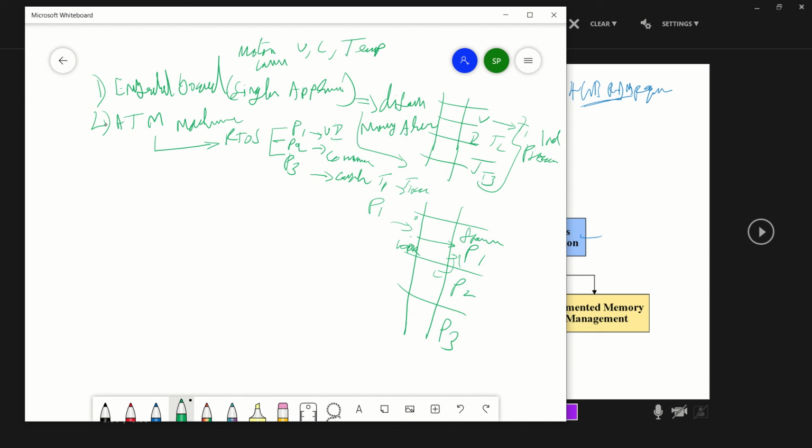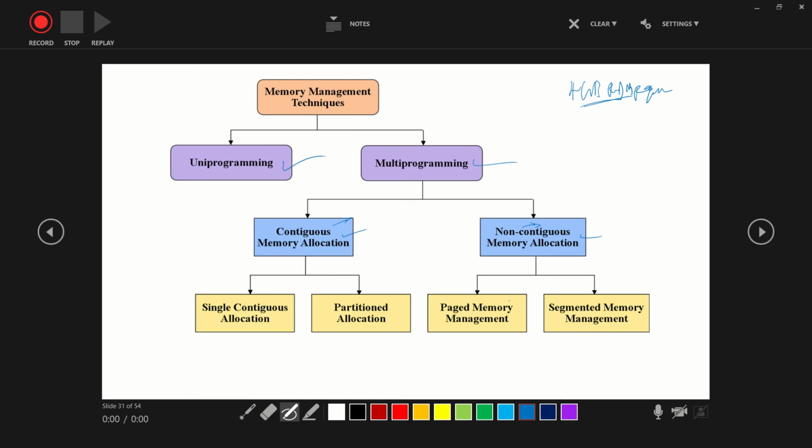Suppose in the ATM machine, I have three processes: first, second and third. The first process is the user interface, the second process is communication, and the third process is the cache. For each process we are going to allocate memory. So how much memory will be allocated, and how are we going to allocate it? There are different methods available: